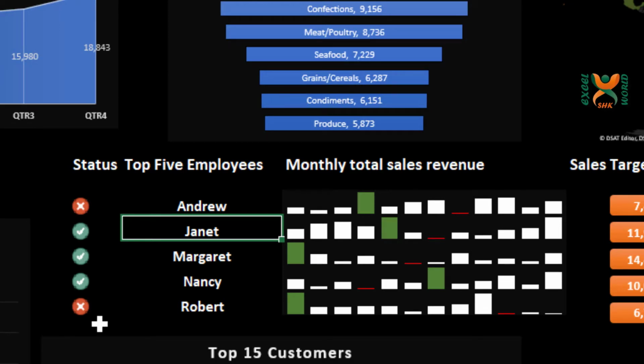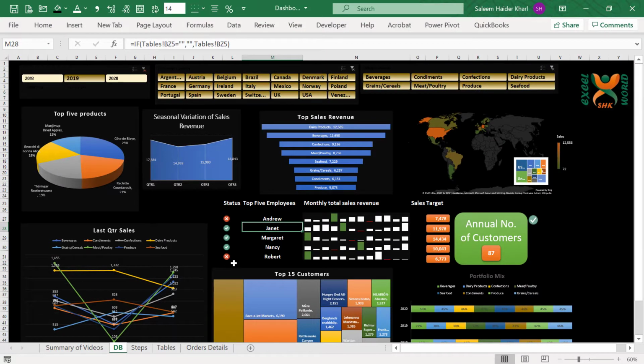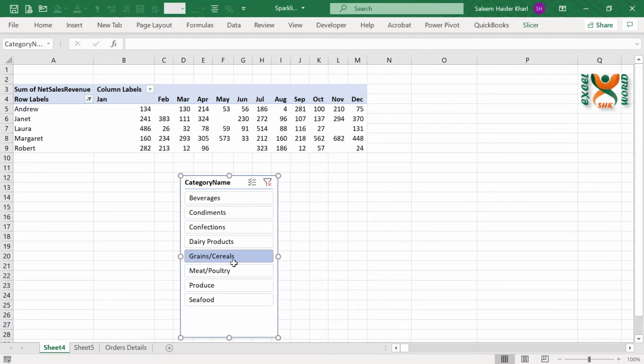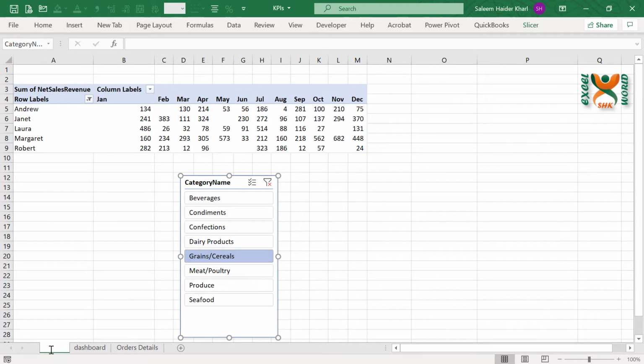This seems pretty simple, but there is a working behind this, and we will have to make sure that this remains dynamic in respect of all of the filters which are applied in this dashboard. This is our working sheet, and we have assumed that this will be your area where we are going to create all the dashboard. So this is our dashboard and this is our working sheet.